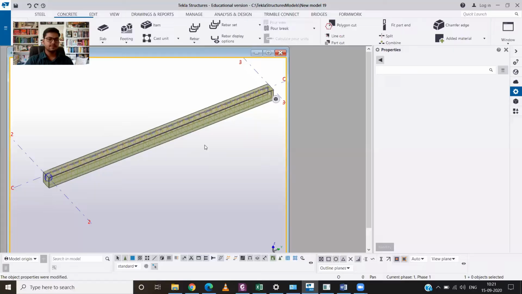Otherwise, these apps will allow you to provide double, triple or even 4 extra reinforcements. But for the single extra reinforcement, you need to use the rebar. So let's learn how to use the rebar to provide the single extra reinforcement in the beam.